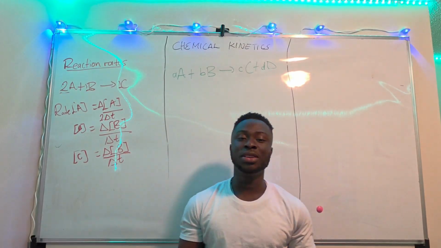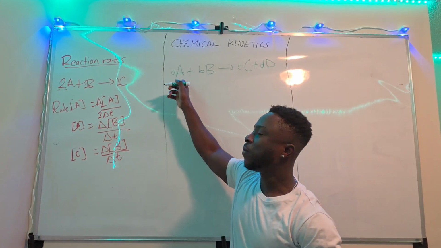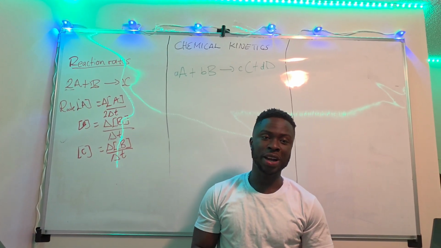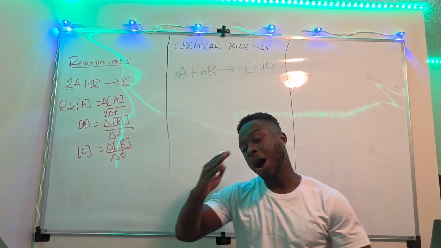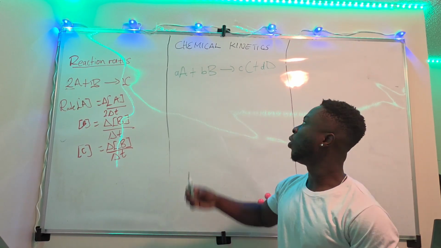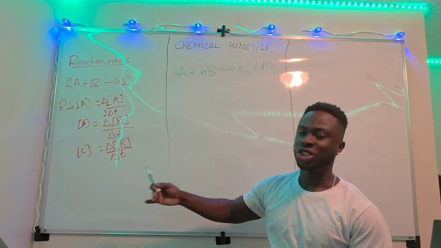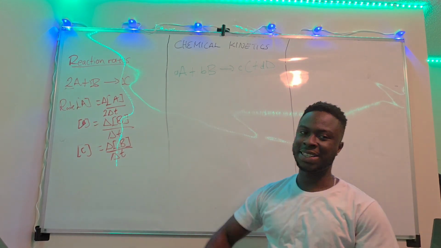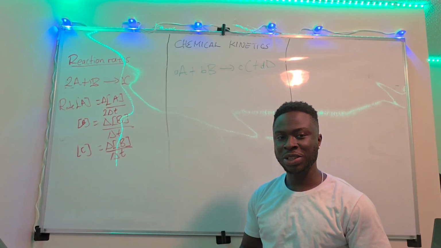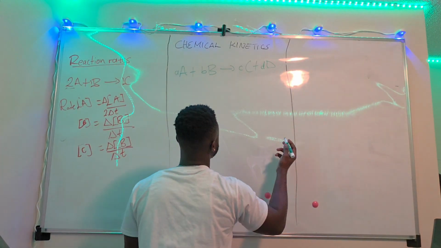once again, let me clarify: the rate of a reaction is determined by how fast the reactants are being consumed, or how fast the products are being produced. So it's either reactants or products. It is never both. So if we are to determine the rate of this reaction, it is going to be something like the rate,